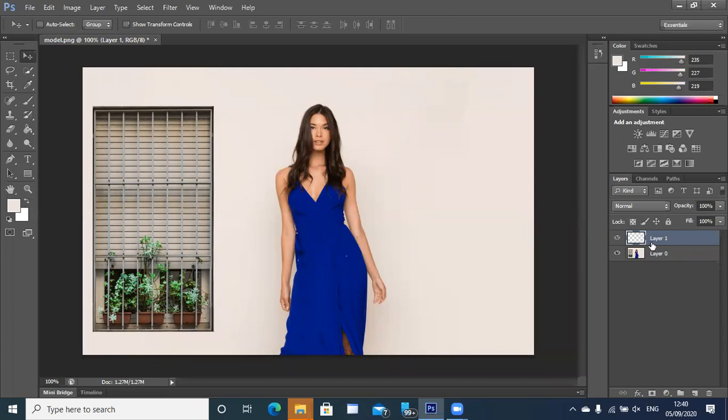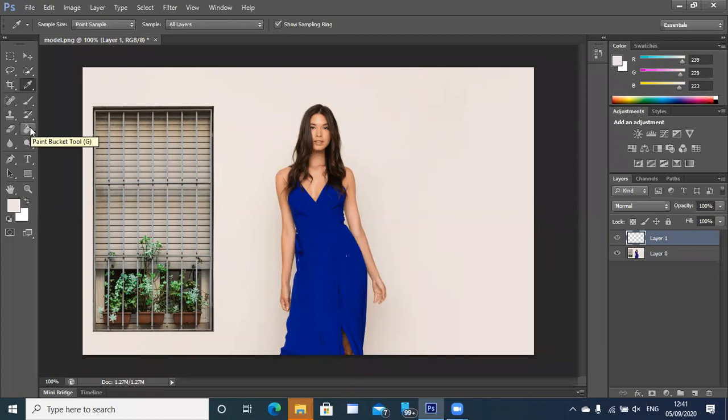So how am I supposed to create a background color? Use this eyedropper tool. Can you see this eyedropper? Click on the eyedropper and then click on any area of the wall. The color will get caught by Photoshop. It's not pure white. If you're using Zoom side by side, you will see that the Zoom chat box window color and the wall color are two different colors. Hence this is not pure white, it's a shade of white. So I'll pick up this exact shade.